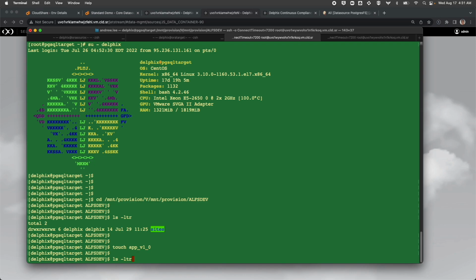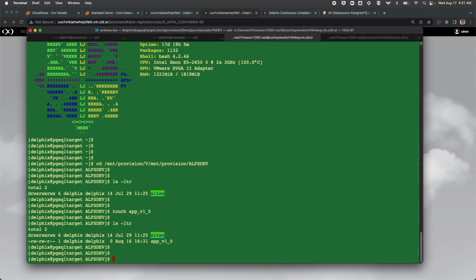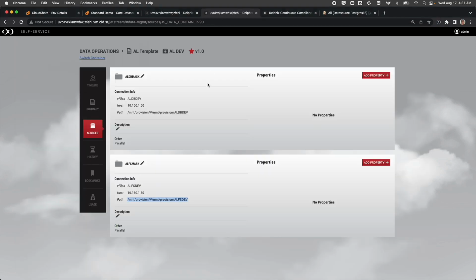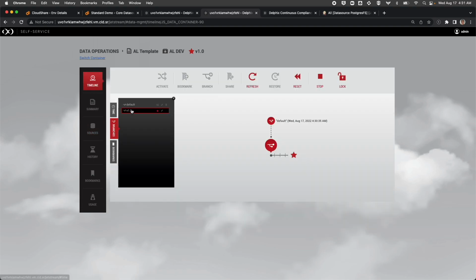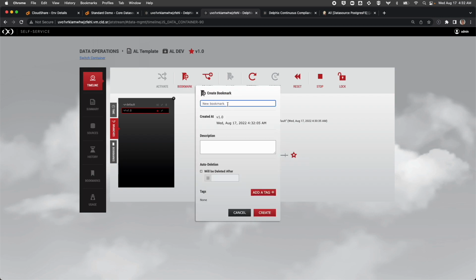Okay, and when you look at it, let's assume that he has completed his task here, created the version 1.0, and now this environment is ready for QA testing. So coming back to the self-service portal and his timeline, which is 1.0. Somewhere along here he has completed his coding, and now at this particular point in time he can bookmark his environment, and he can call it version 1.0